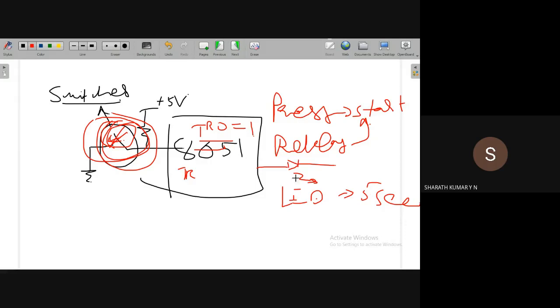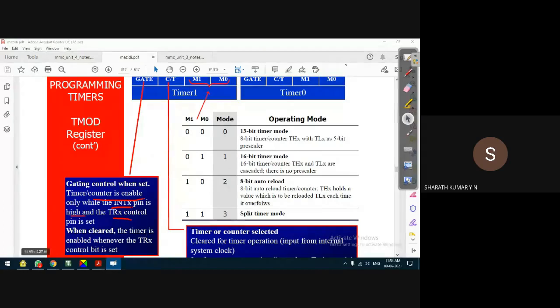For the turn on and turn off of the LED, I am using a timer. When it runs for some duration, the LED will turn on, and for some other duration, the LED should turn off. We can write the program using the internal programming method, that is using TR0 and TR1, but if I want to control this externally, then we can go for physical switches, push button switches.